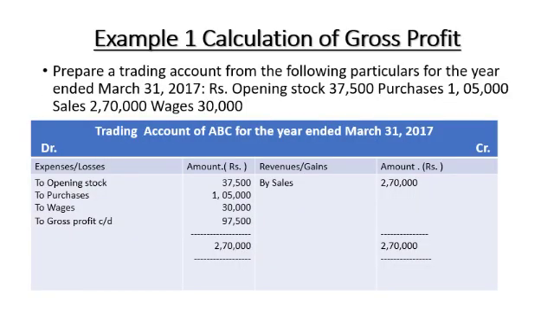Here is one example of how to calculate the gross profit. The question is given to you: with the help of the following particulars, the opening stock is given, so you put it on the debit side. Purchase is given, put it on the debit side. Sale is given, put the value of the sale on the credit side. Direct expense, named wages, goes on the debit side. Then you have to see the difference. Here the credit side is more, and the difference is 97,500.